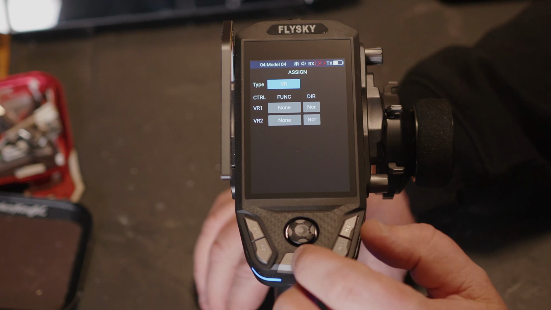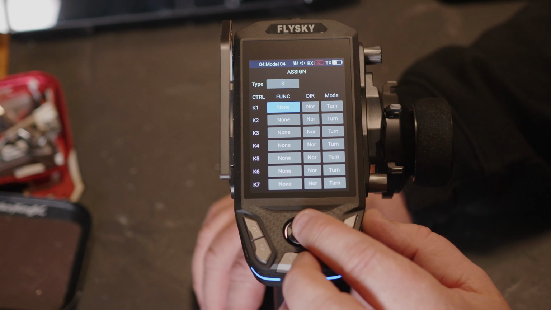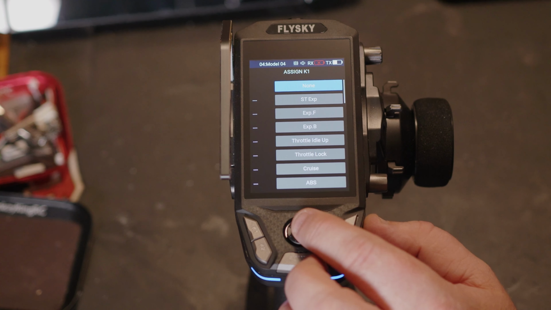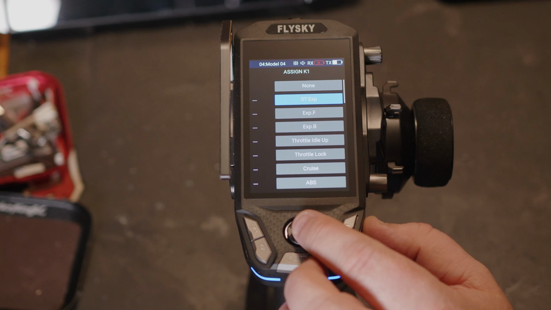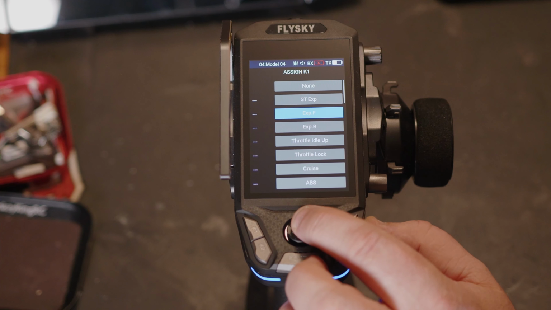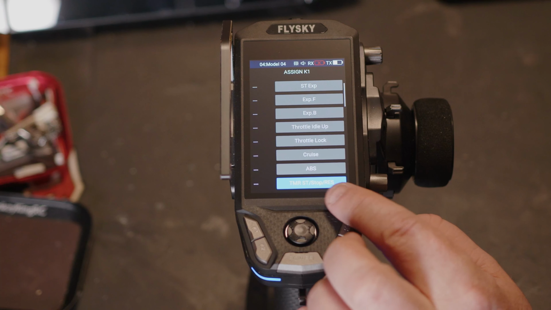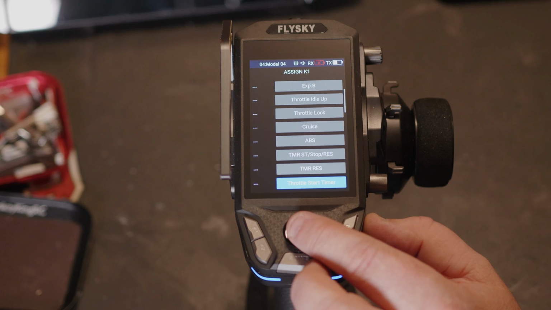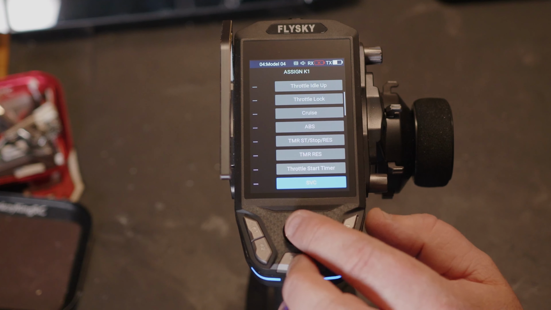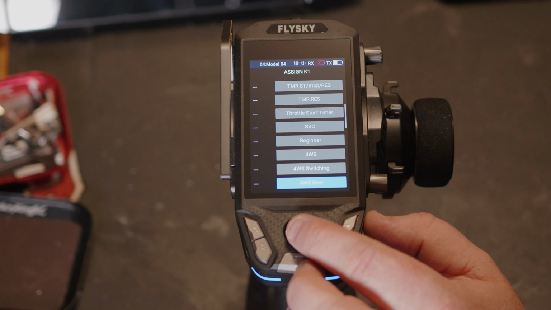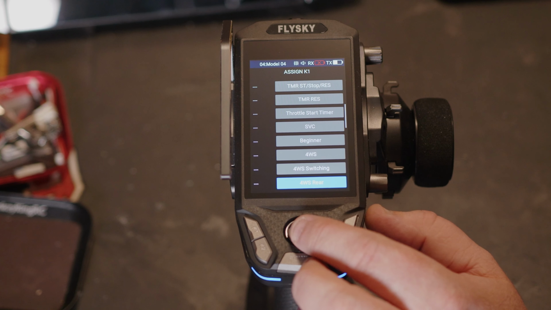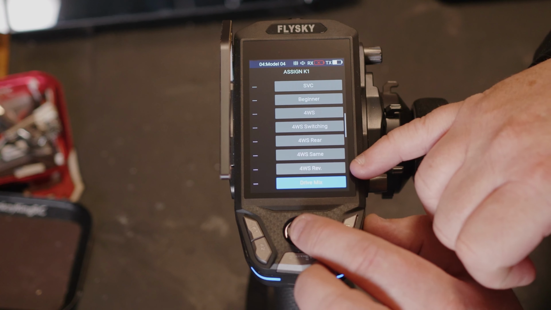So basically what this assignment menu lets you do, if we go into a K button, these will usually be to turn a function on and off. So if we look, we've got exponential, forward, back, throttle idle up, throttle lock, cruise control, ABS. Then you've got your timer, stop, start and reset, timer reset, throttle start timer, turn that function on and off, SVC, beginner mode, four-wheel steer,